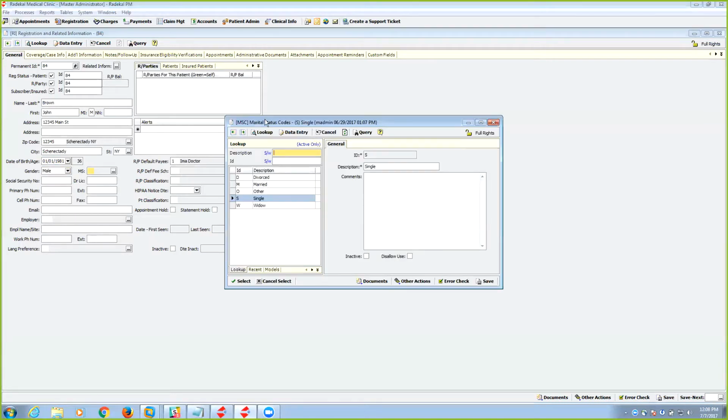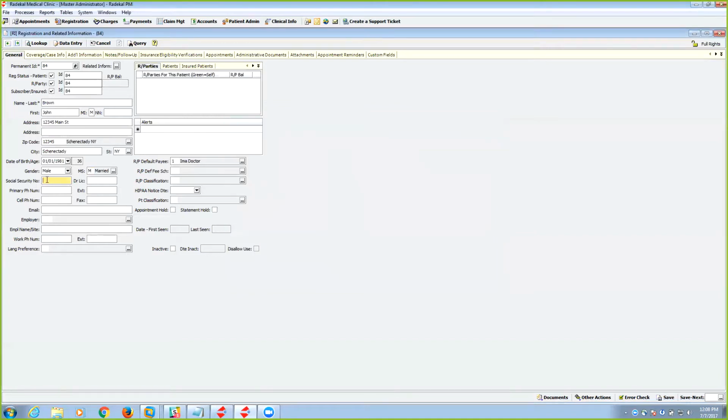Marital status. This is a table that has some of the common descriptions, and you can add to it if you choose to. We'll make him married. Social Security number is your standard. It'll go out and make sure that there is no other patient with the same Social Security number in the system. Phone numbers you can put in, cell phone, email if you want, employer if it's important to you. Language preference,